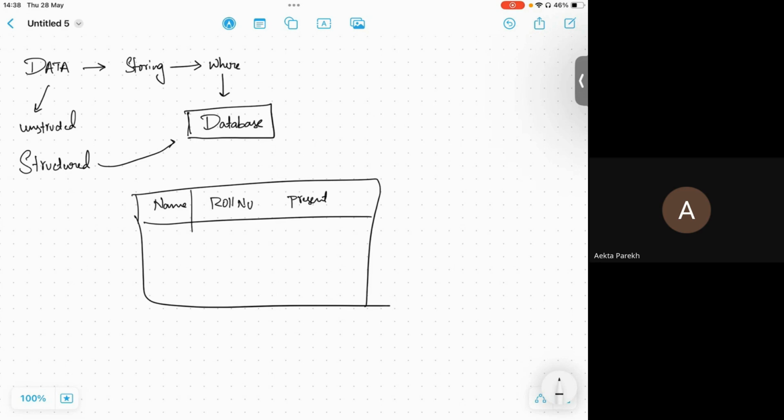This overall thing is called a format, the structure in which the attendance is recorded. In the database, in SQL terms, we call this a schema. A schema is simply the structure in which the data is presented.